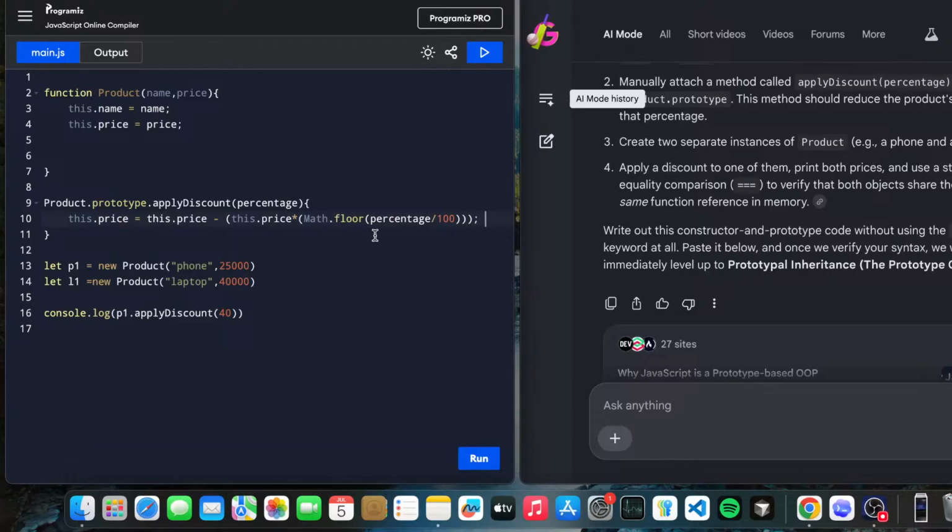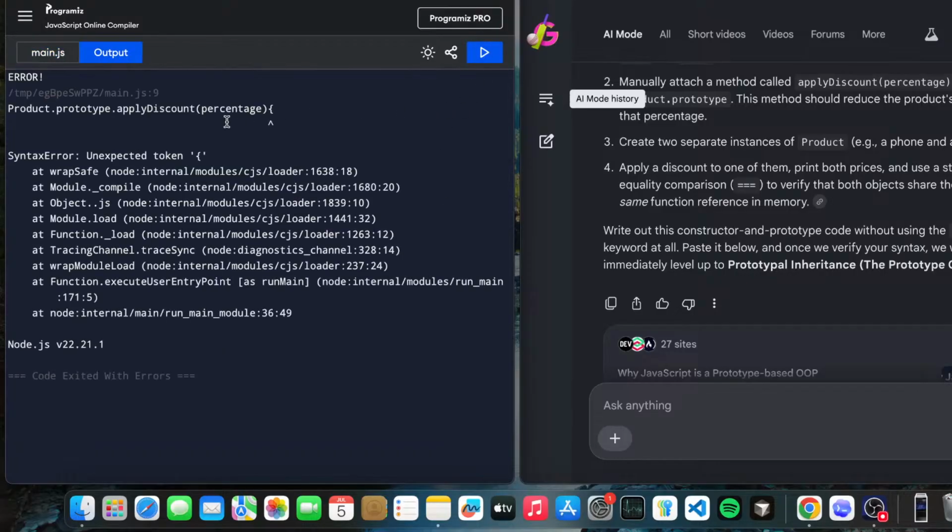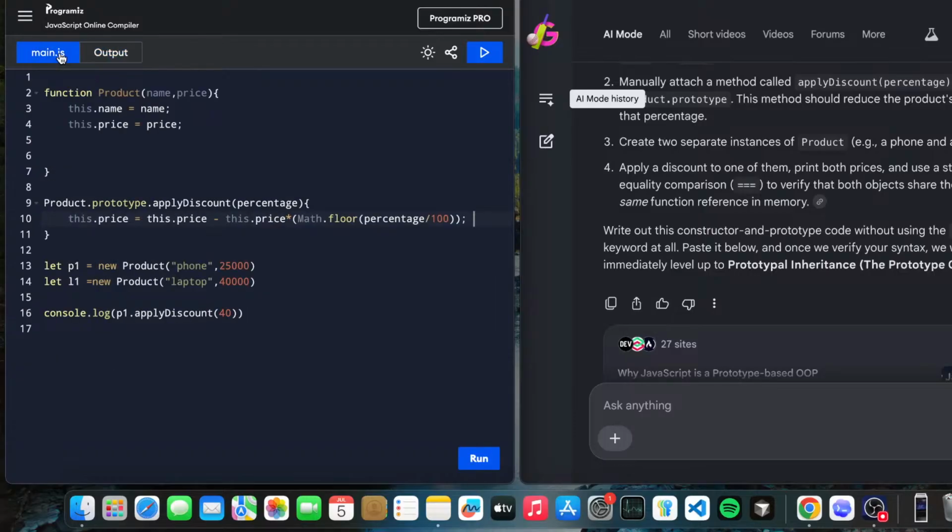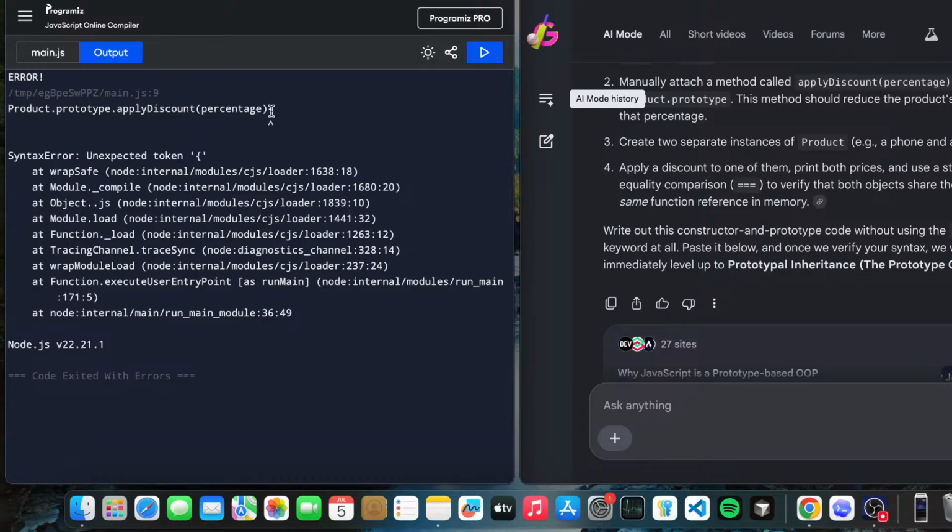There is something extra here, and I think we didn't need this. Let's just check. Prototype, unexpected token. What does unexpected token mean? They don't want a prototype.